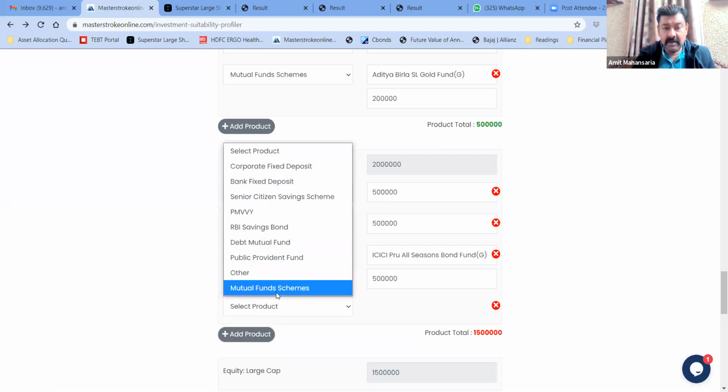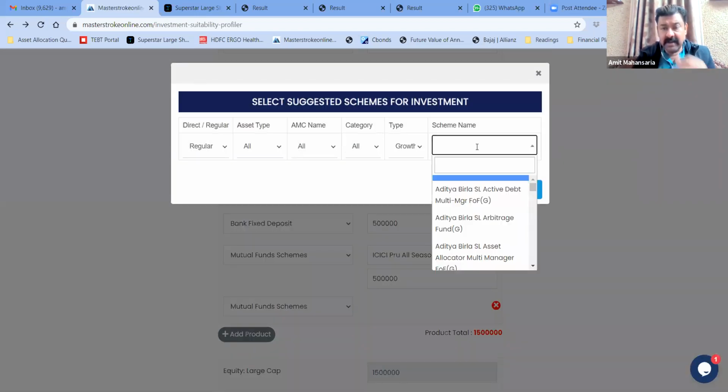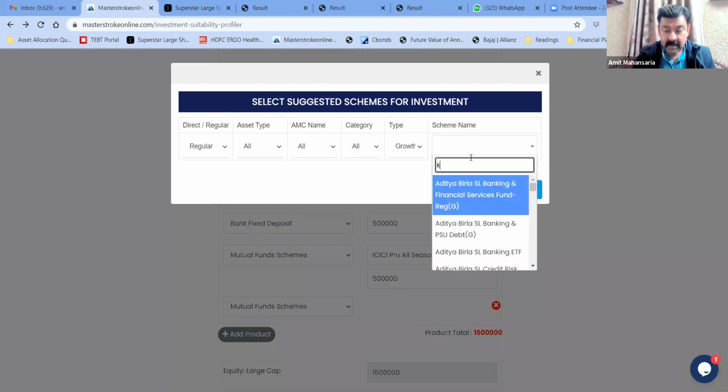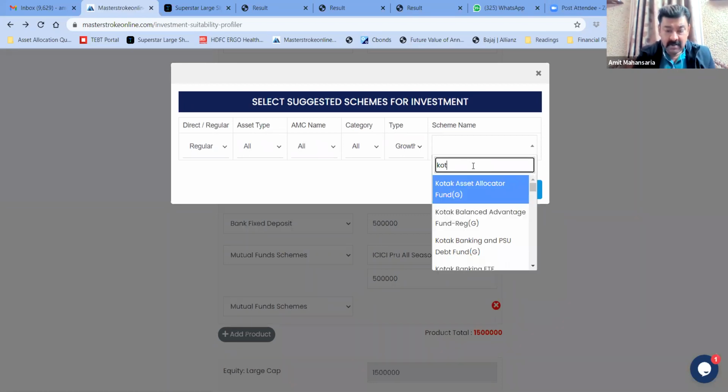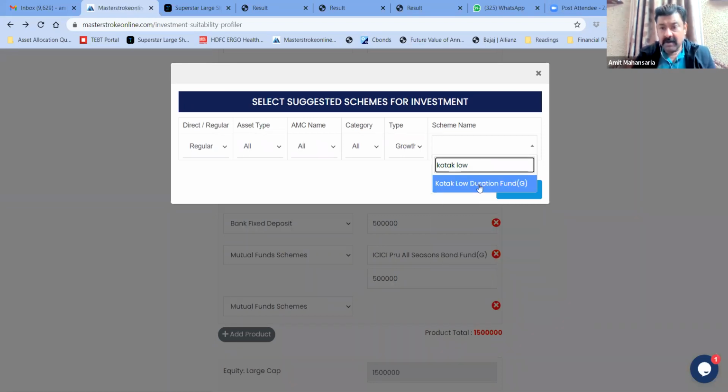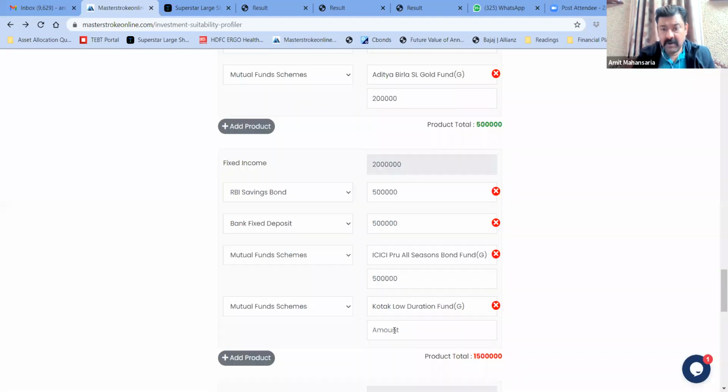Again, you want to suggest him another mutual fund scheme, say Kotak Low Duration. You want to suggest him to invest 5 lakhs in Kotak Low Duration.